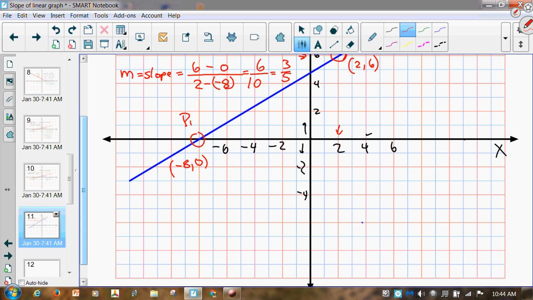But let's do that. So we're going to have y minus the y value at that point, which is 0, equals 3/5 times x minus the -8. Okay, and now we can remove our parentheses and collect some terms, and we get y equals 3/5 times x minus, but that becomes a plus because we've got a minus 8 here, and so 3/5 times 8 would be